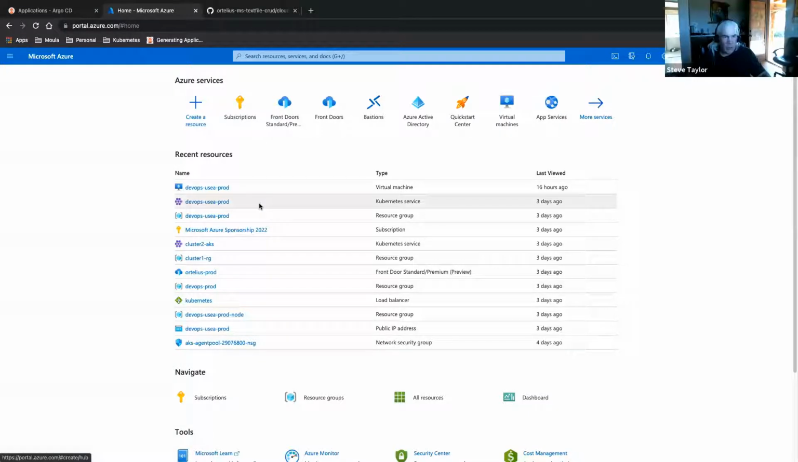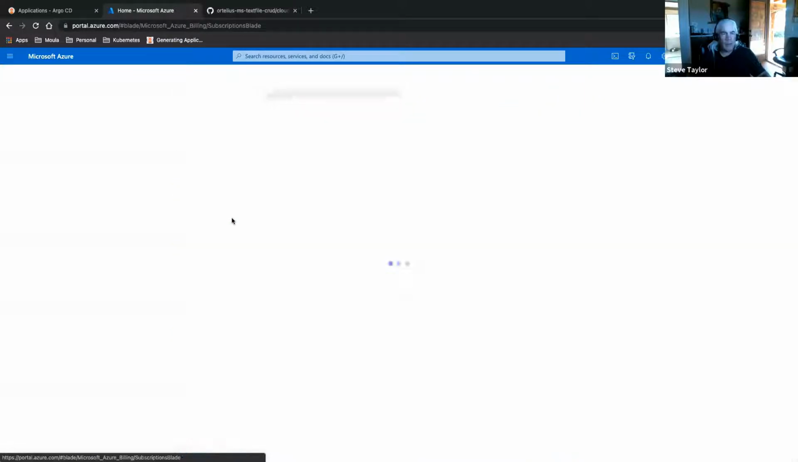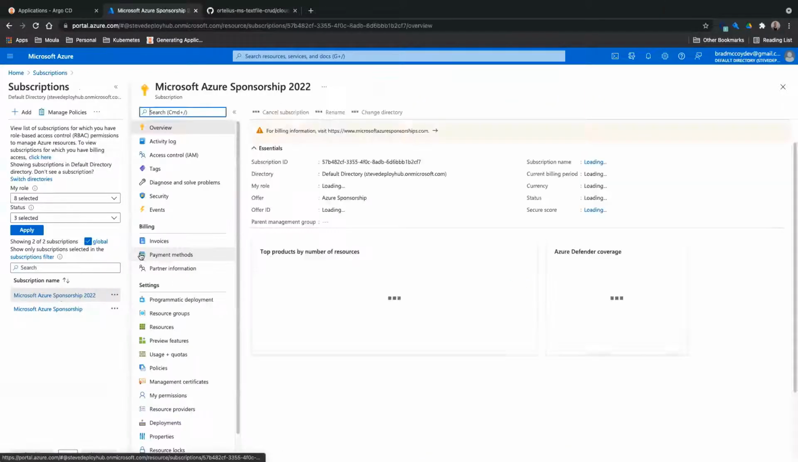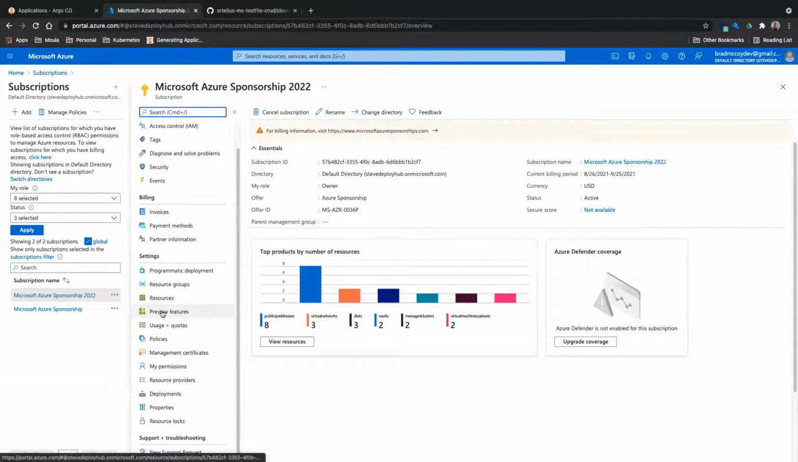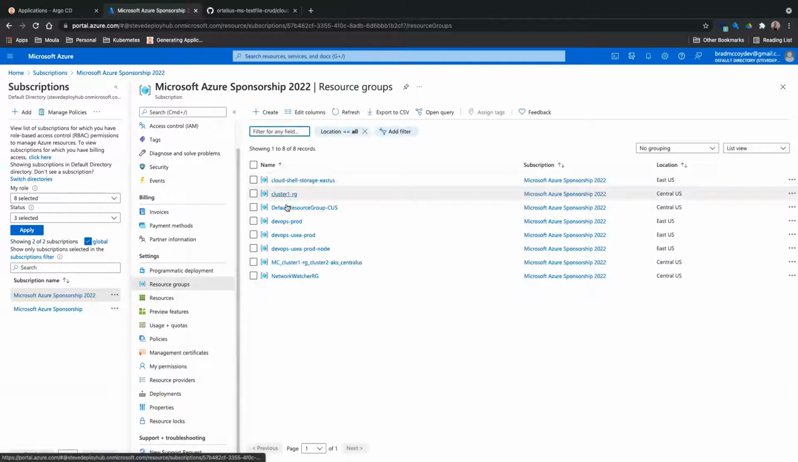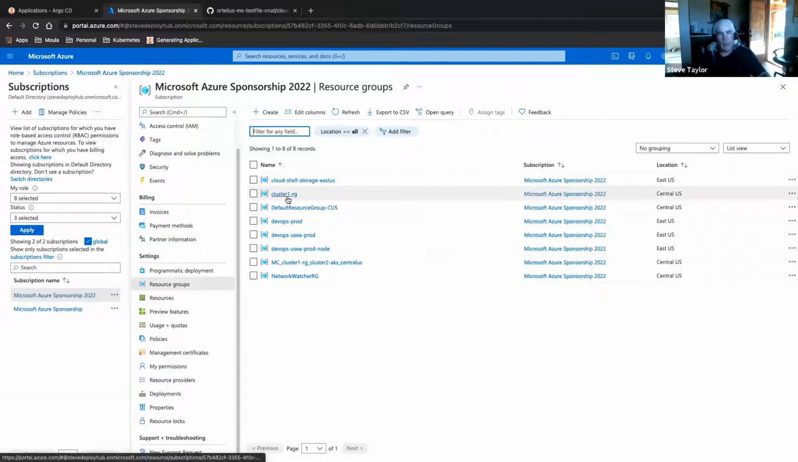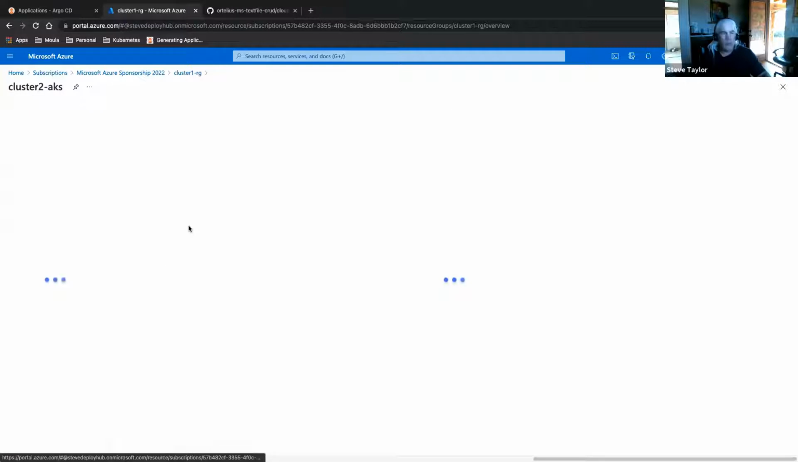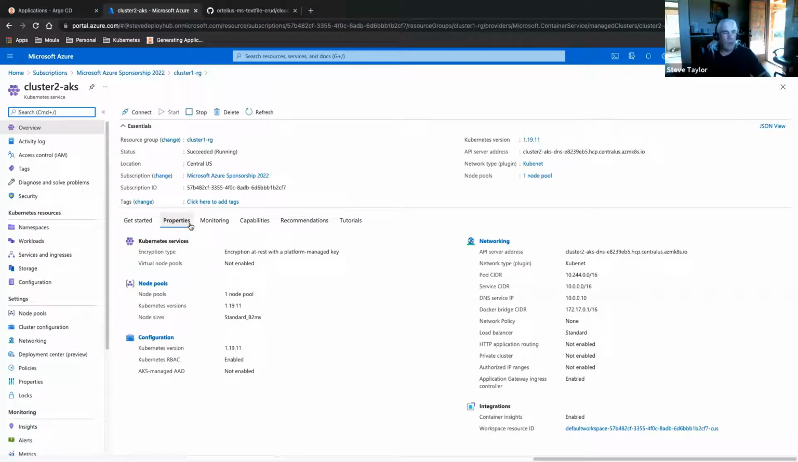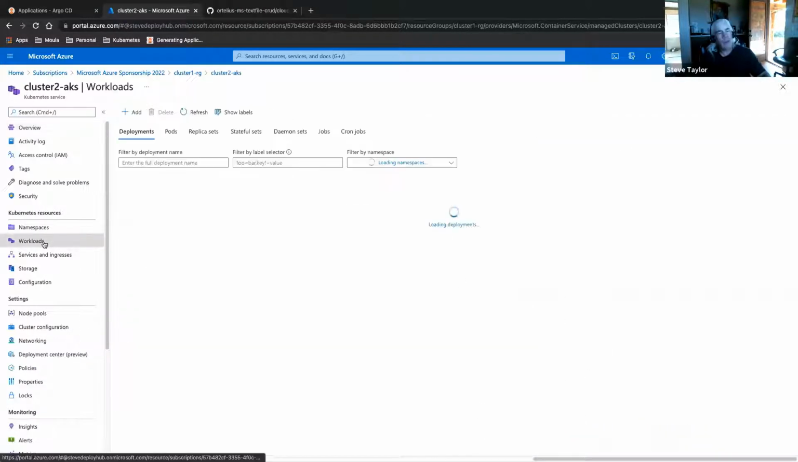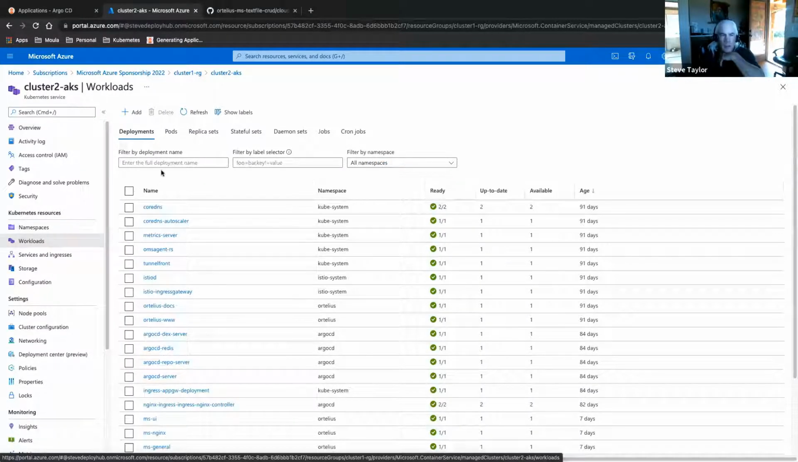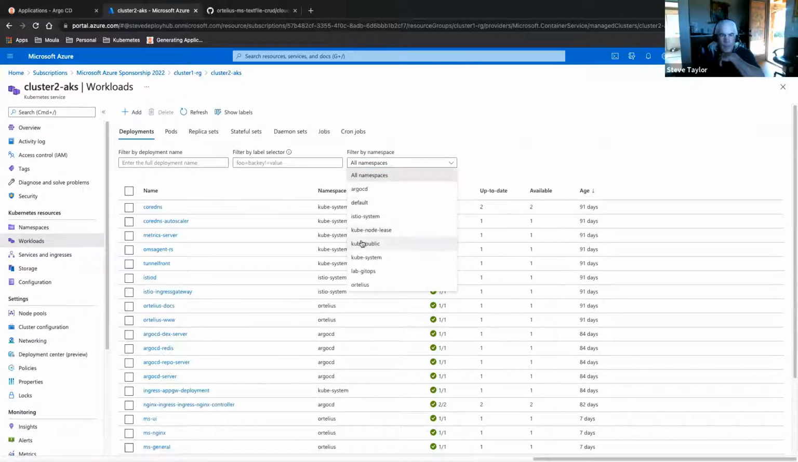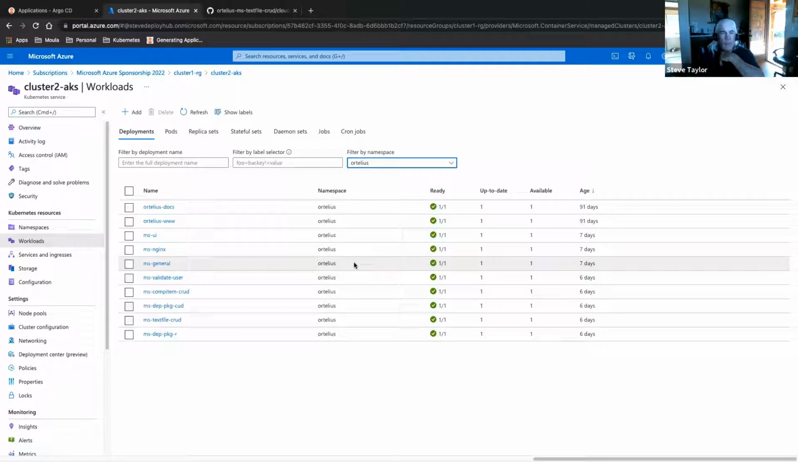And go into the cluster 2 AKS. Resource group 1. Yeah, that'll work. And there it is. And if you look at workloads and just filter on the namespace for Ortelius. Sure. Yeah, bottom one. So these are the